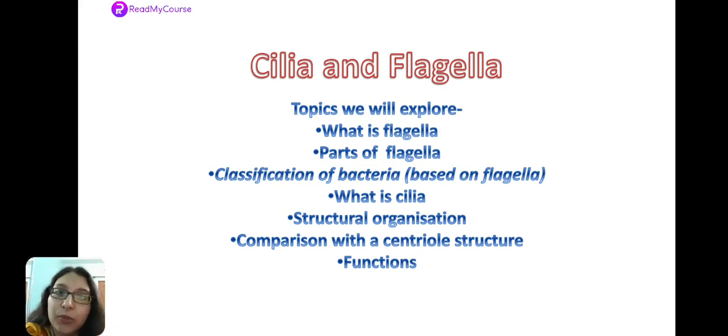In the last class, we had studied about centrosomes and centrioles, and we had also learned one fact that the flagella and cilia, the basal bodies of these structures arise basically from the centrosomes. So we will learn how to differentiate the anatomy or the structural skeleton of both these organelles. Next, we will move on to the functions of a cilia and flagella.